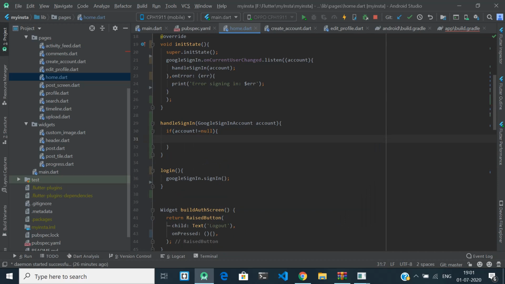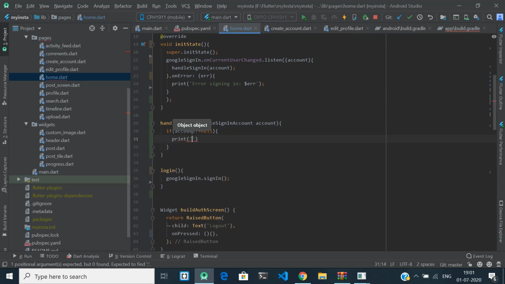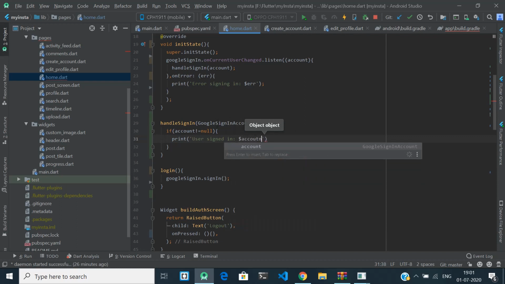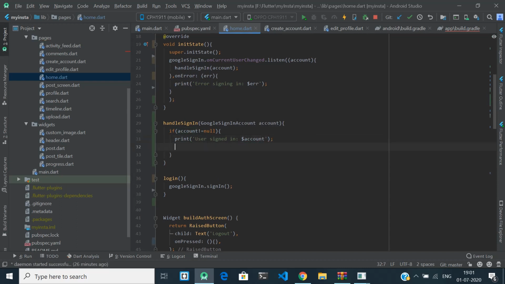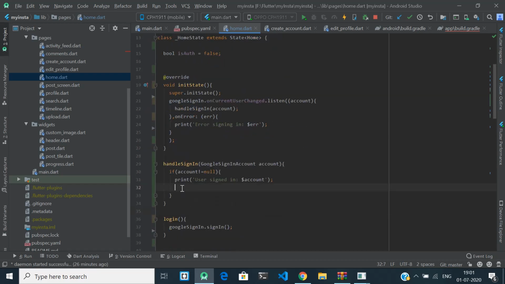If it is not null, it means we got a correct response, and you can type user signed in and just display the detail of account for now. And after this, whenever the user has signed in, this is auth, right? Is auth is false, but whenever the user has signed in, you have to make it true.